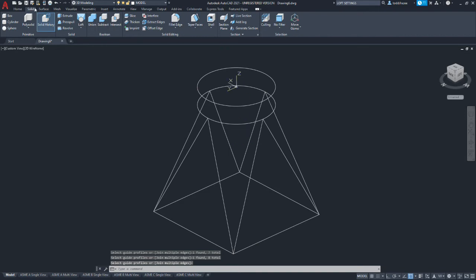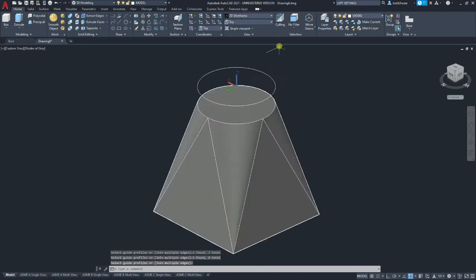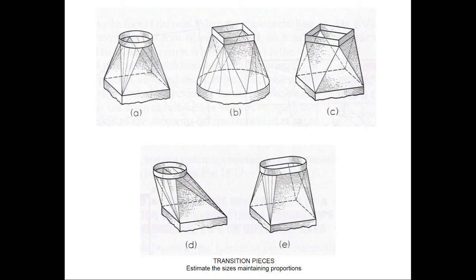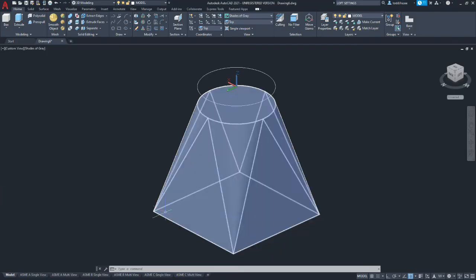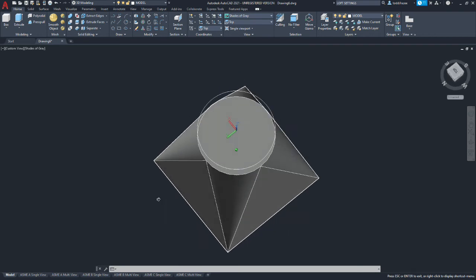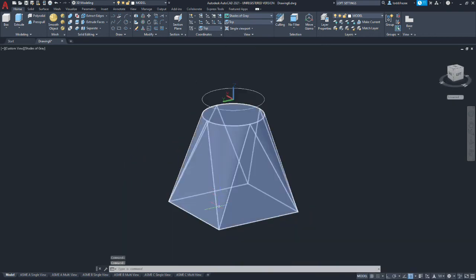So let's go back to shaded view and see what we have. So we now have something that's closer to what represents letter A. We have a flat plane, we have a variable fillet that goes to 0, and it goes all the way around. All right, so the next step is we're going to add this extension on the top.